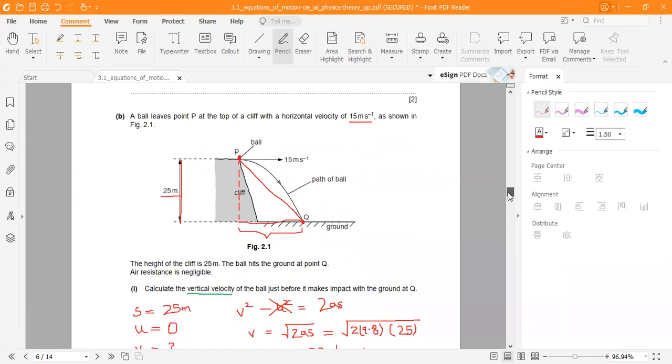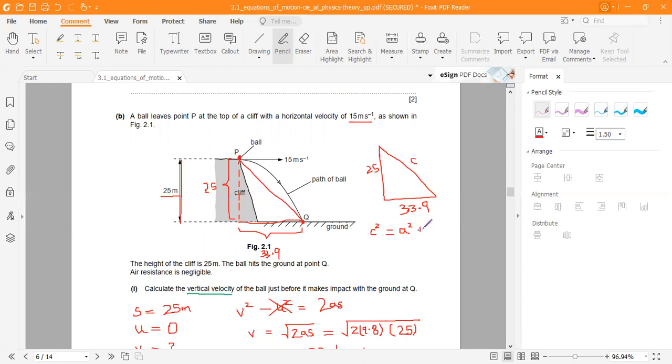So I know that on this figure, this is 25. This is 25. And this is basically 33.9. So I have this triangle right now over here. So let's call this C. This is 25. What is C basically? We know from Pythagoras rule that C square is basically equal to what? A square plus B square.